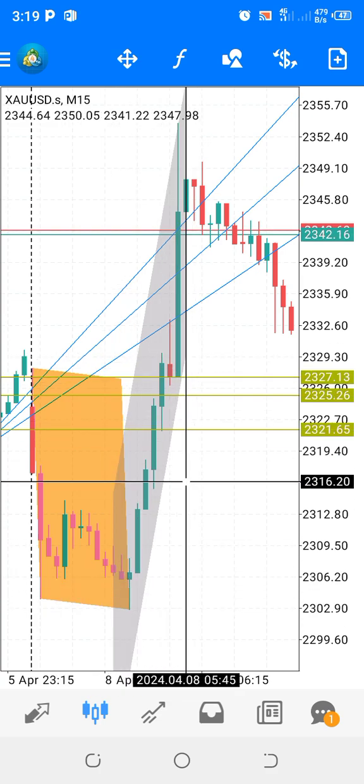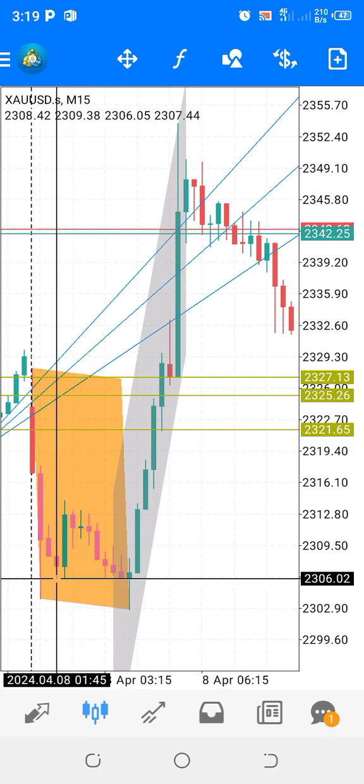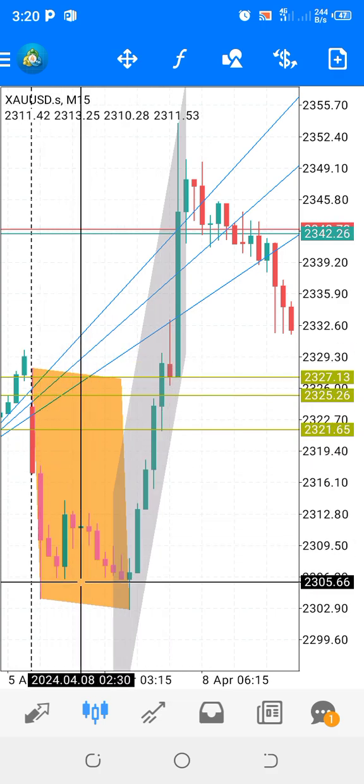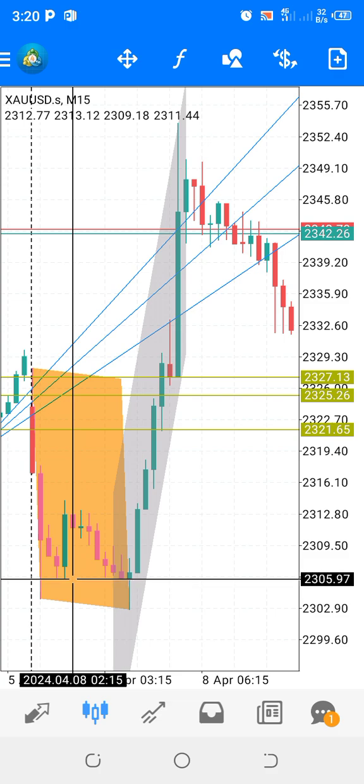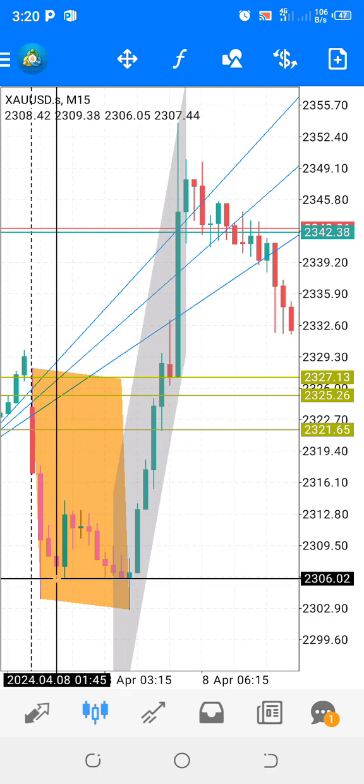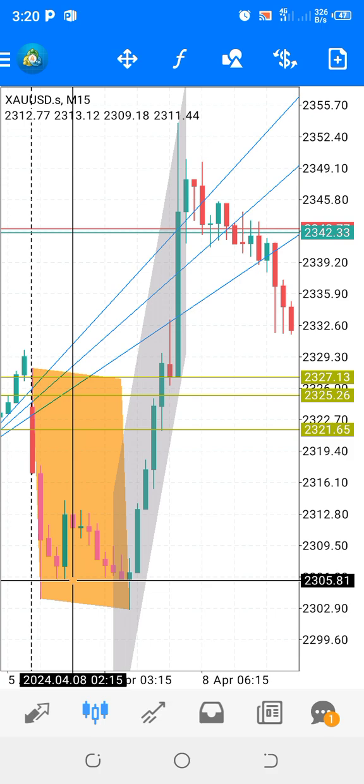So how do you take your entry on the correction? You follow the end of expansion rule. Remember that expansion is a market moving further in the direction of correction after breaking the TCL, also called the trend low. So once you see a TCL that is broken, and of course we use the 10 pips break to find our entry,